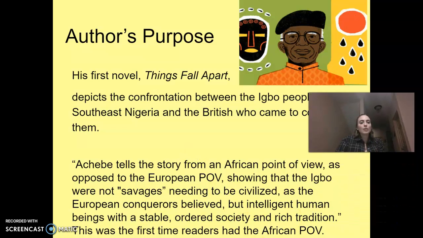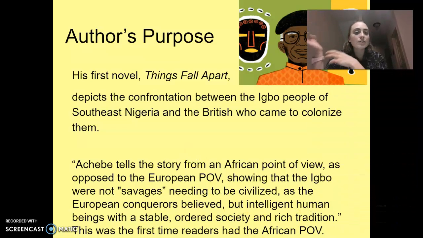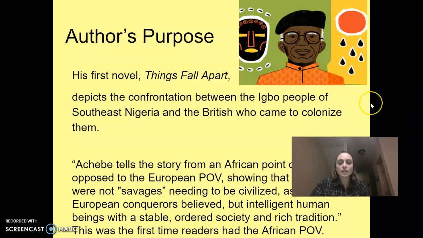And so what's really important about this novel is that Chinua Achebe gives us this story from the Nigerian Igbo point of view. So this is not from the European point of view, showing us that the Igbo people had an established rich culture and tradition and history. They had a political system, economics, religion. They had all of those things, and they didn't need a European country to come and give them those things or civilize them, right? So this is a really important text that we have from the Nigerian point of view, and that's an important thing for us to understand about this novel.